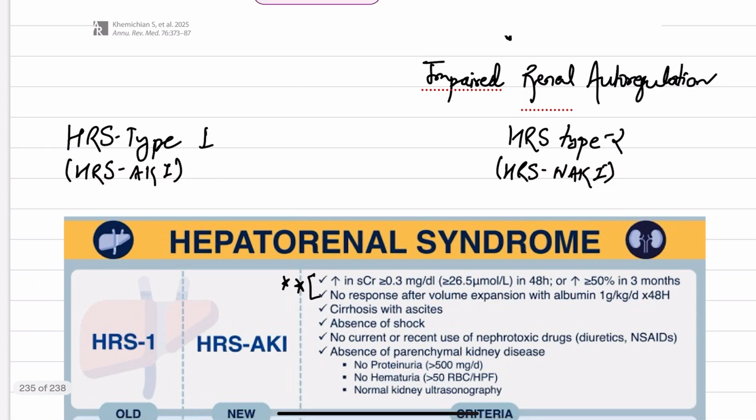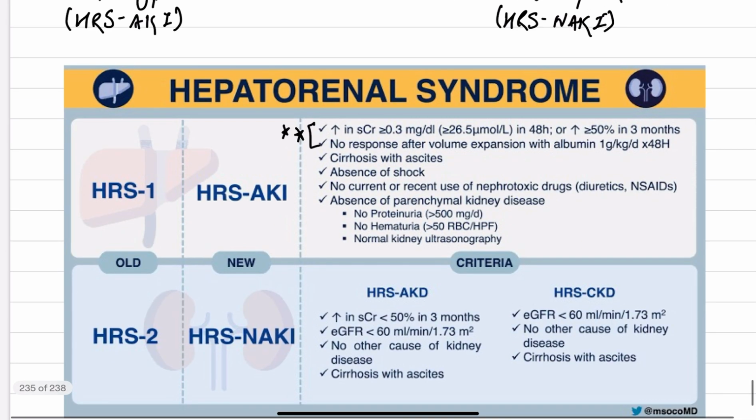If you see in the old books, in Harrison up to the recent 21st edition, they gave HRS as HRS 1 and HRS 2. It was updated in 2019 and 2024 that HRS 1 is now known as HRS AKI and HRS 2 is known as HRS NAKI. In HRS 1 there are some criteria, and in HRS 2 there are some criteria that are